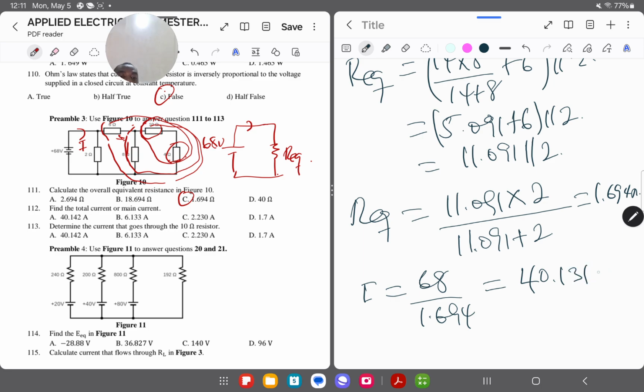131, you can see 131 amps. So the answer here becomes A. Okay, A. Now moving to